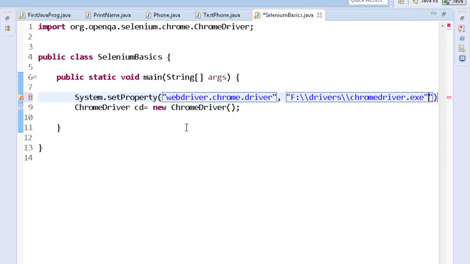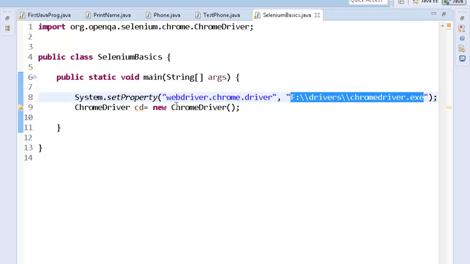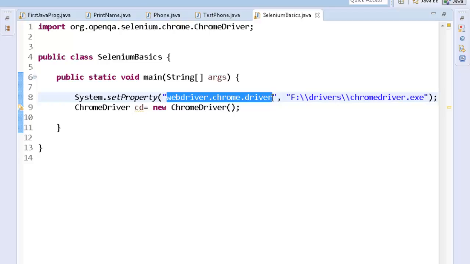Look, basically you have to give the path of the exe file for ChromeDriver. Okay, right. Right. So